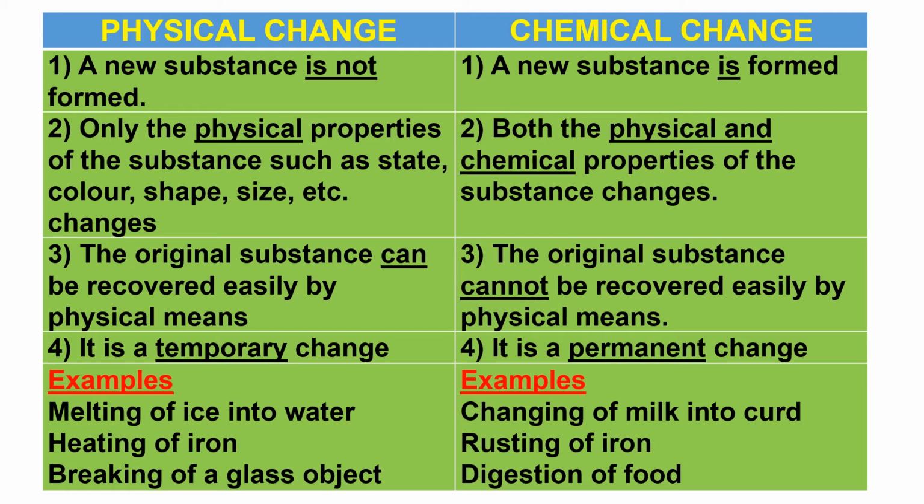Now let's come to chemical change. The first example, if you see there, is changing of milk into curd. Now what happened here exactly? You had milk, you put one spoon of curd into it and kept it overnight, and it changed into curd in the morning, right? So your milk has become curd. You got a completely new substance. Did the substance change? Of course, the milk has become curd. Milk is a different thing, curd is a different thing. What about the properties? Both the physical and chemical properties have changed.